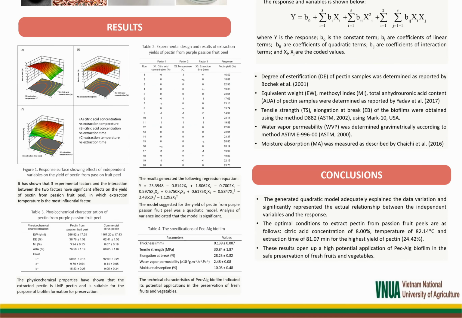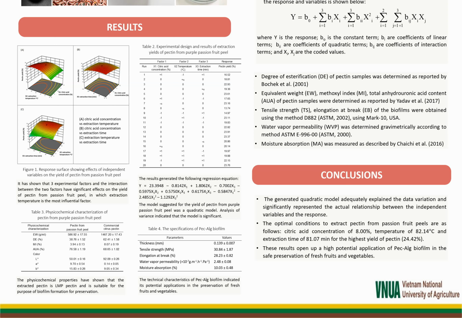After conducting the experiment, we obtained some results as follows. First, the results of 20 experiments are shown in table 2. This is table 2, you can see here. Table 2 shows the pectin yields extracted from passion fruit peel range from 13.74 to